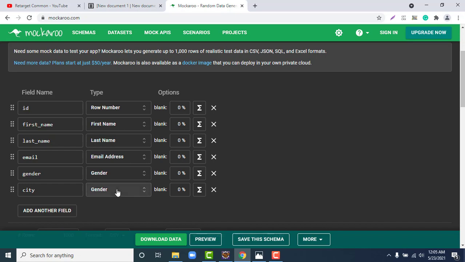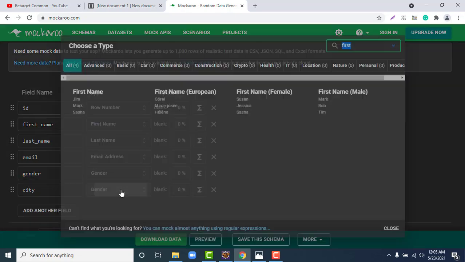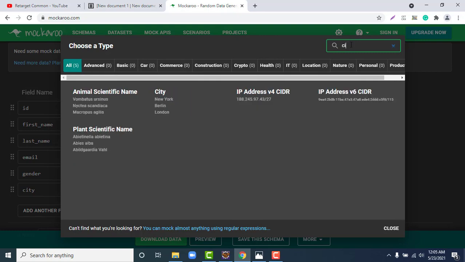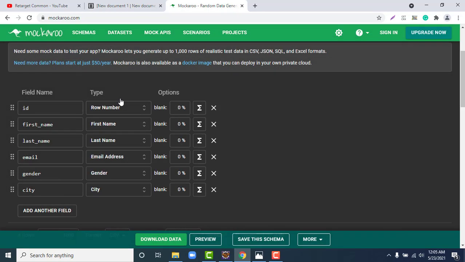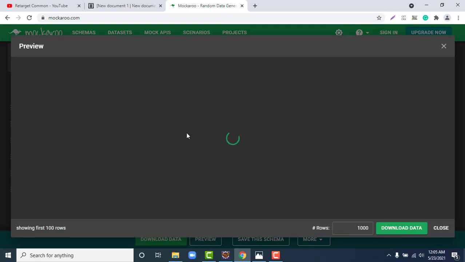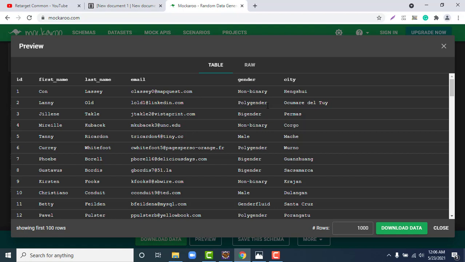So what I can do is simply click on this type dropdown and type city. So automatically you'll get it, and select it. When you generate the data, you can click on this preview button, and you can see we have some proper city names, right? Instead of using random names, we have proper city names, proper first names, proper email IDs and all.